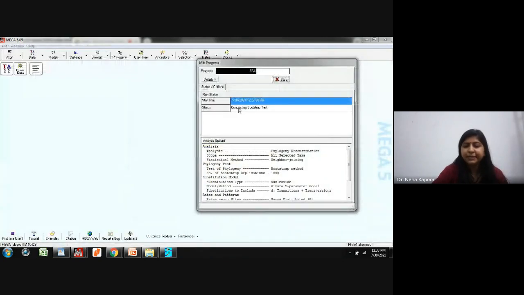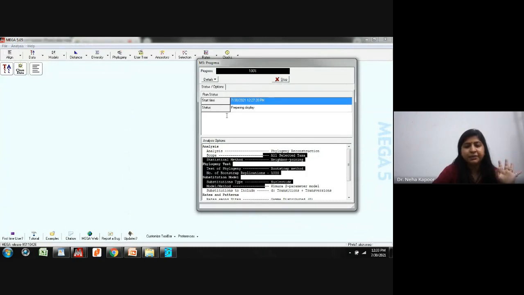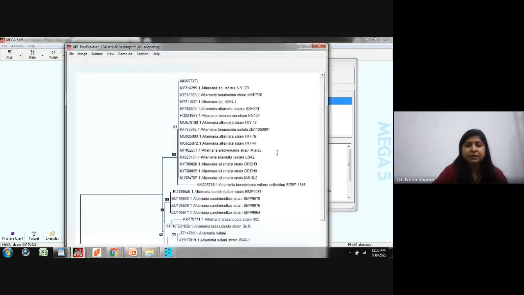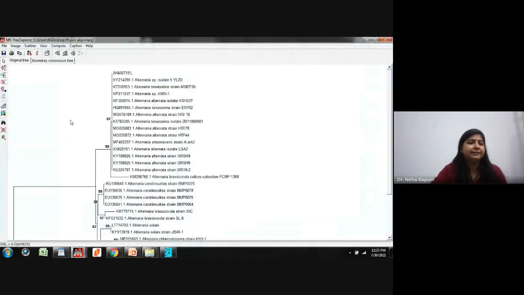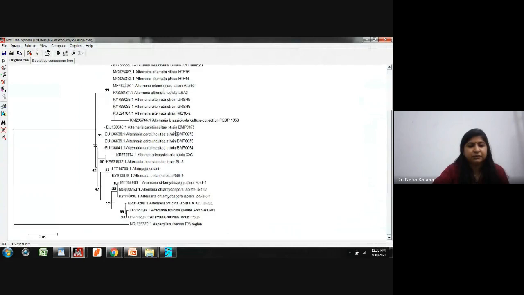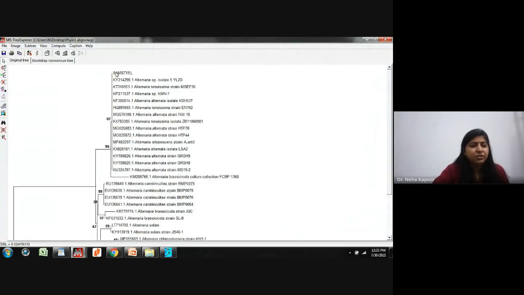So see, conducting bootstrap test. These are the parameters that I have selected. It is complete, so the display would be prepared. This is our tree that we have got. As you can see, all these species are clustered together, and herein this is the completely different one. You can see 87.